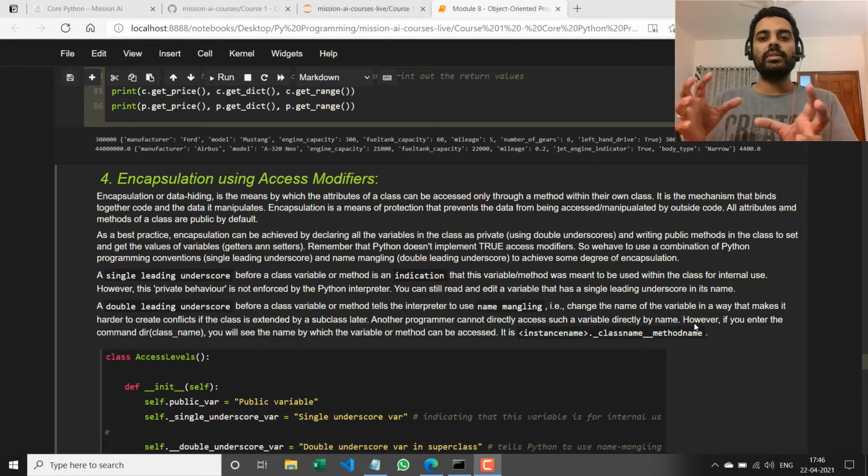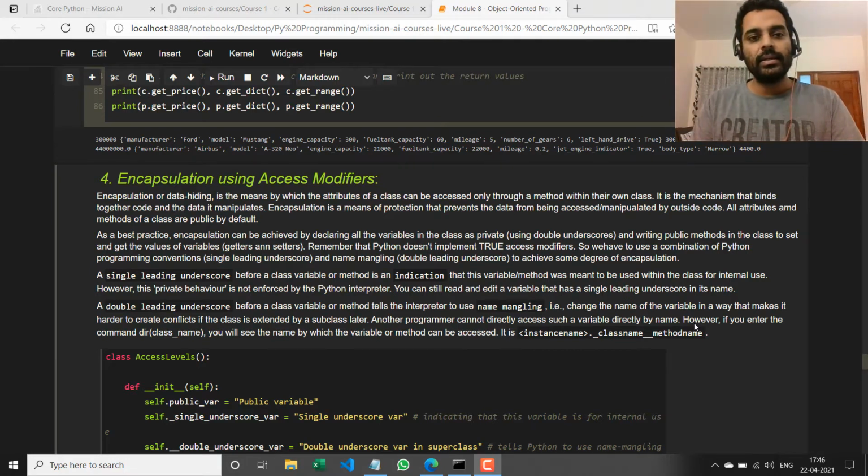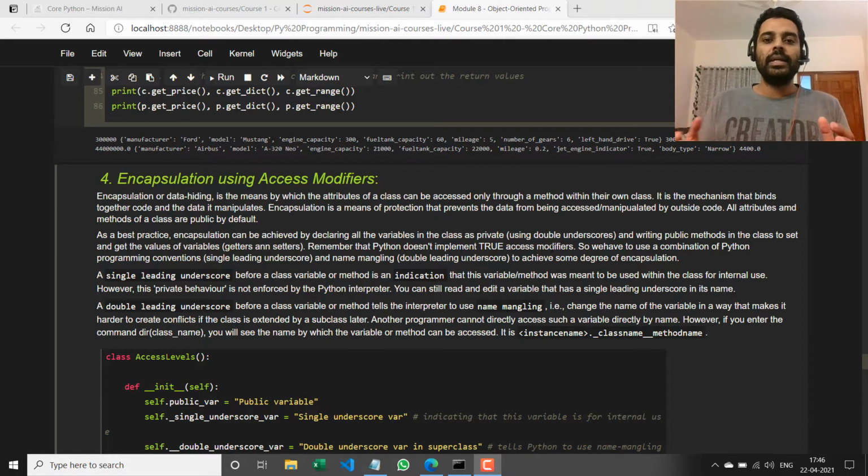So all the members, that is the attributes, and the methods, which are the functions, flow from the parent to the child, right? And polymorphism basically means that when you call a function with the same name and the same signature, there is an order in which Python looks to execute it. First it'll look in the subclass, then it'll look in the superclass, then it'll look in the Python general object, and so on.